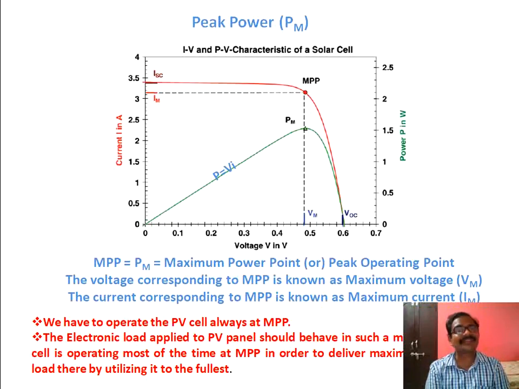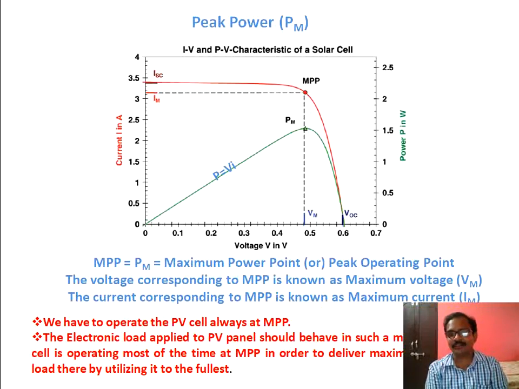at origin at ISC. At the same time, at open circuit voltage, what is the power? Power is equal to VOC into current at open circuit voltage. What is the current at open circuit voltage? 0 again, and therefore power is equal to VOC into 0, again it will be 0, and thereby at open circuit voltage also you can see the power is 0. So at short circuit current the power is 0, at open circuit voltage also the power is 0. So there should be one point between these 2 points at which the power will be maximum.